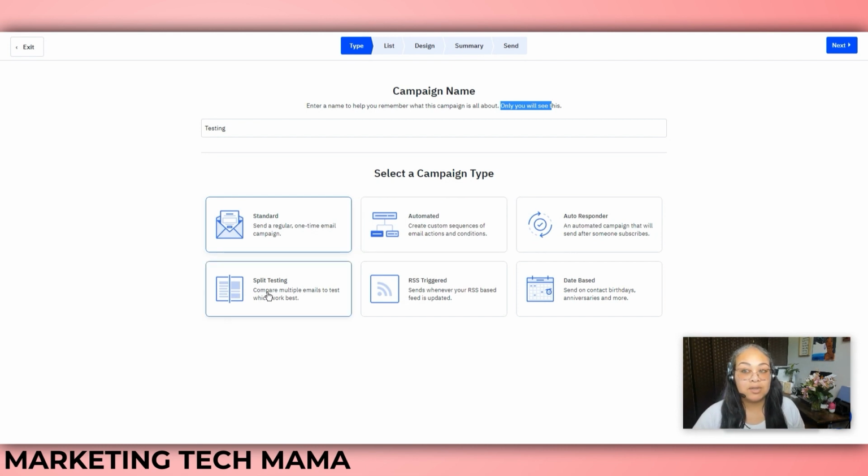And then split testing, you can do that right directly inside of here. RSS triggered is if you can connect an RSS feed, and a lot of times people want to use this if their blog is released and they want to automatically let their contacts know. That's where this trigger comes from. And then date based, right? If it's their birthdays, anniversaries, when they first subscribed, whatever it is, that's what date based is. So we're going to go with standard,